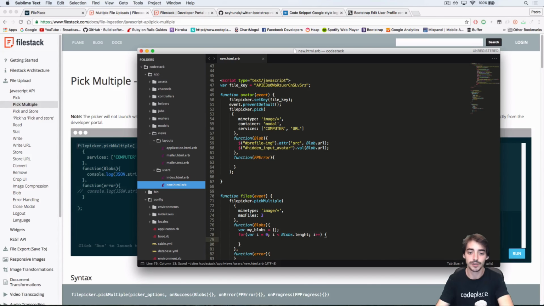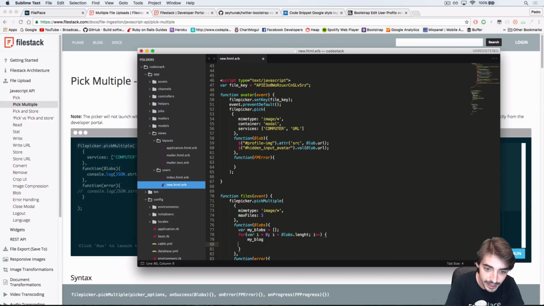This is for a simple for loop. Basically, for each blob, I want to do something. What I want to do is pick this new array I've just created and push, okay? So this is basically put inside. Pick the value, place it inside the array, and I'm going to push